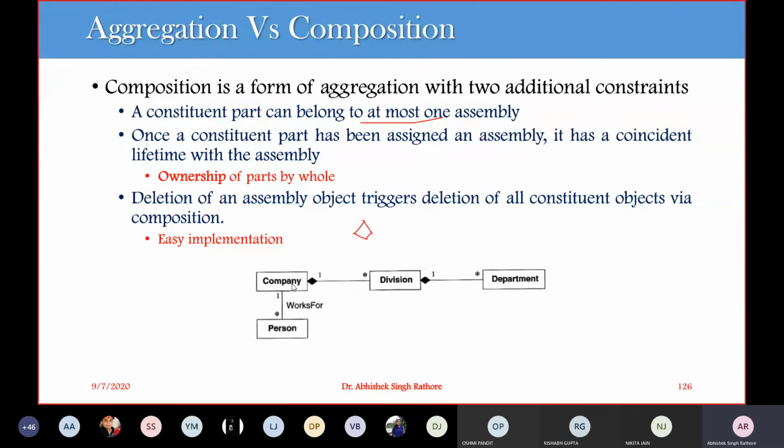This is how a company has divisions, and these divisions have departments. When we remove the company, we don't have these divisions, and the departments have no existence in the real world or your entire system. Again, the company has ownership of the divisions. While with a car, without the car we can still have tires. So a tire has existence even when we delete our car. So this car and tire relationship is just an aggregation relationship.